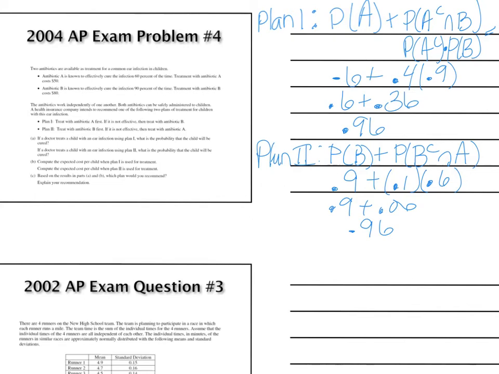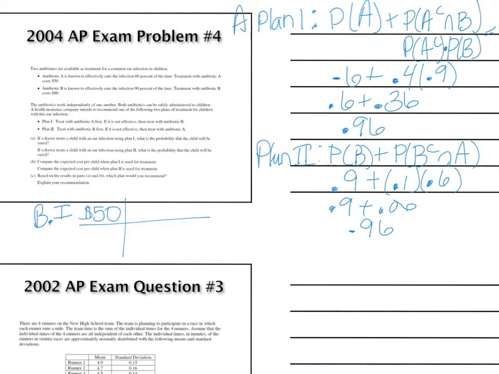So compute the expected cost per child when Plan 1 is used for treatment, and compute the expected cost per child when Plan 2 is used for treatment. So now we have to set up a probability table. So this was A, and this is B. We'll start it over here. So this is Plan 1. It is going to cost them $50,